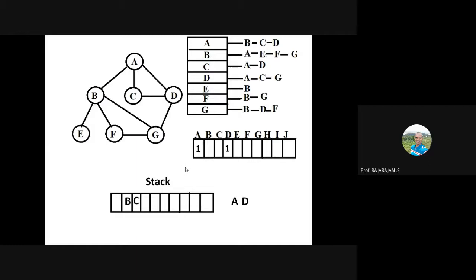Now identify all the vertices that are adjacent to D, and one more point is that only if those vertices are not already in the stack, or not visited. D is adjacent to 3 vertices: A, C and G. Out of the 3, A is already visited, C is already in the stack. So what is left is only G. So G is inserted into the stack. And now you have to repeat the second step.